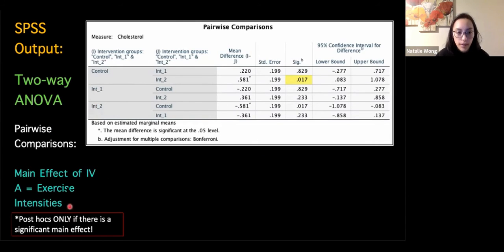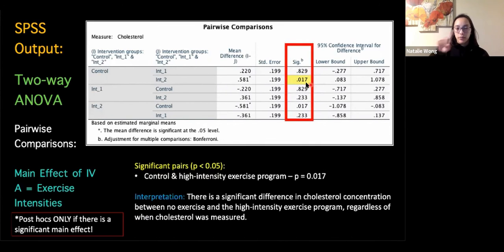I went with exercise intensities first. So this is our between subject pairwise comparisons, probably because this one was listed first in the output. Anyways, if we look at the differences between our exercise intensity levels, the p-values are listed in that sig column, and we can identify one significant p-value, or one p-value less than 0.05. So that would indicate we have one significant pair, and that's between our control group and our high intensity exercise